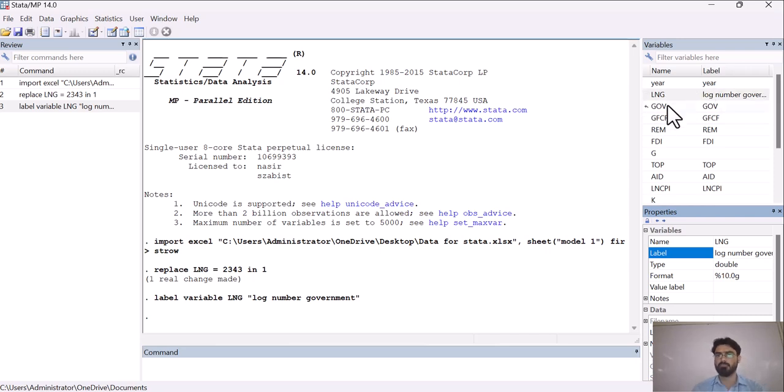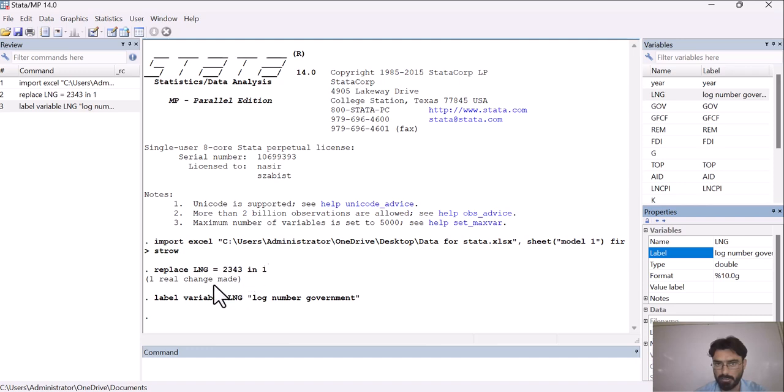As we mentioned in our previous lecture, Stata does not allow us to give space between our variable names. So if you want to make a whole full standard form of your variable, then you can do it here by labeling, and anything which you do here will appear in this section. As you can see, now I have labeled my variable, so this action appears here, and before that we have changed our values.